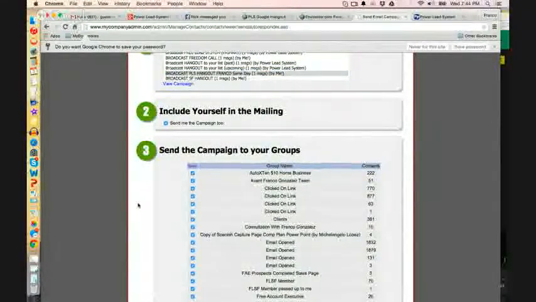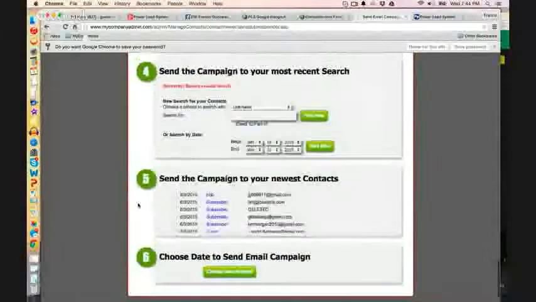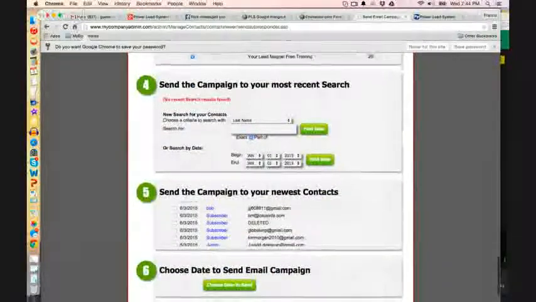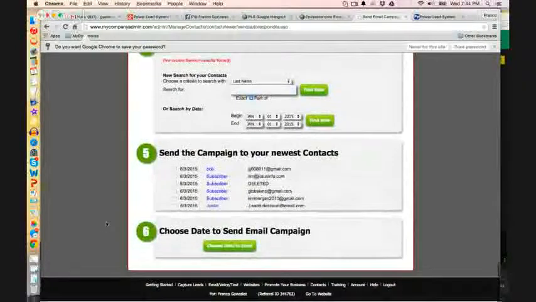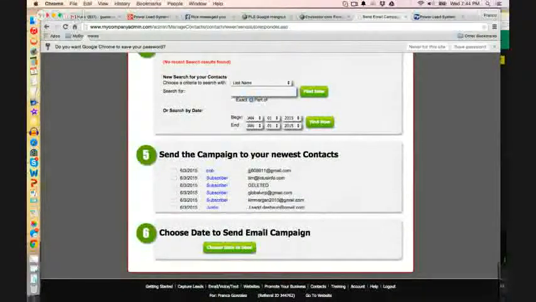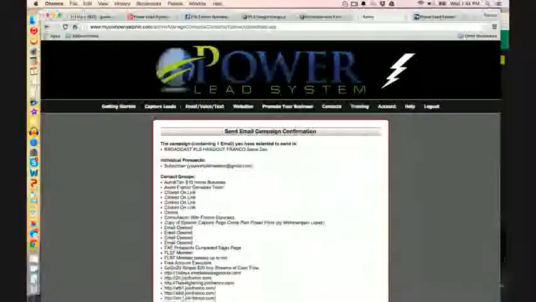It'll select everyone, see? And then I just scroll to the bottom and I leave number 4 the same. Don't mess with that. I leave number 5 the same. I don't mess with that. And number 6 says choose date to send email. I just click there. I leave it on